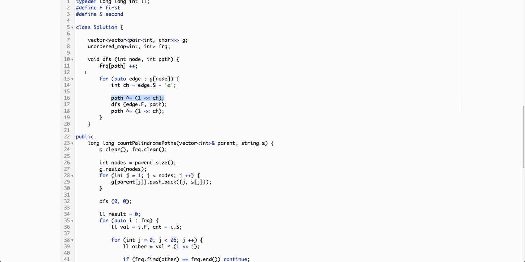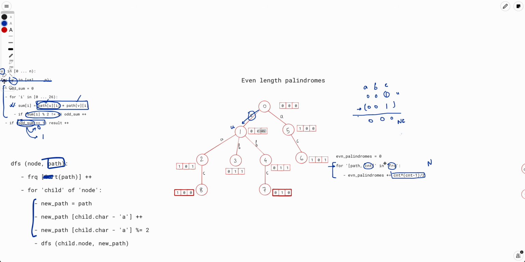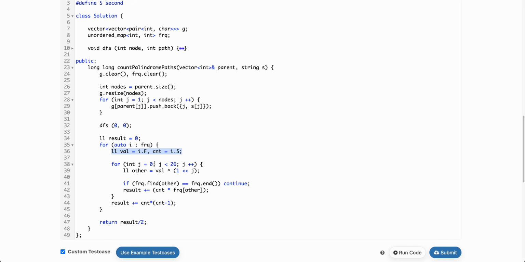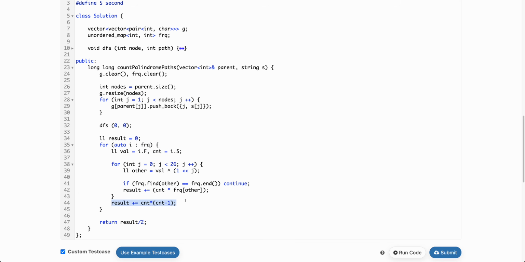Now after that, what we are doing inside is simple. We will figure out all the odd length and even length palindromes. So we just iterate over all the frequency array and get val and count. So it is similar to path and count. So we just name it val and count. Now if you remember, for even length palindrome, we just need to do count into count minus 1 by 2. So we just simply added this to the result. For odd length palindromes,